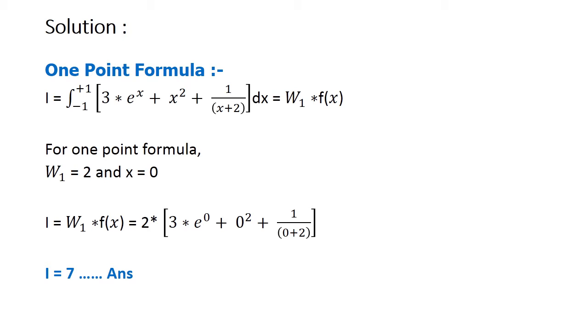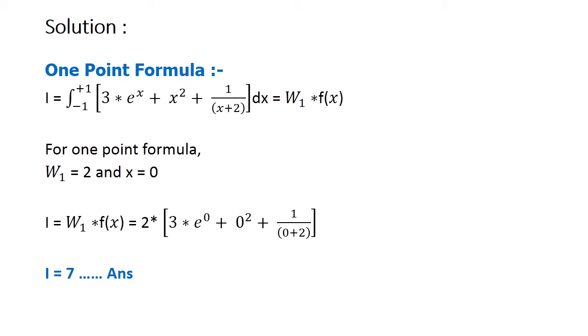Now we have to find the integration of this equation between the limits of -1 and +1. For the one point formula, we equate this total integral to w1 into f of x, or we can also write it simply as w into f of x. Both are similar,